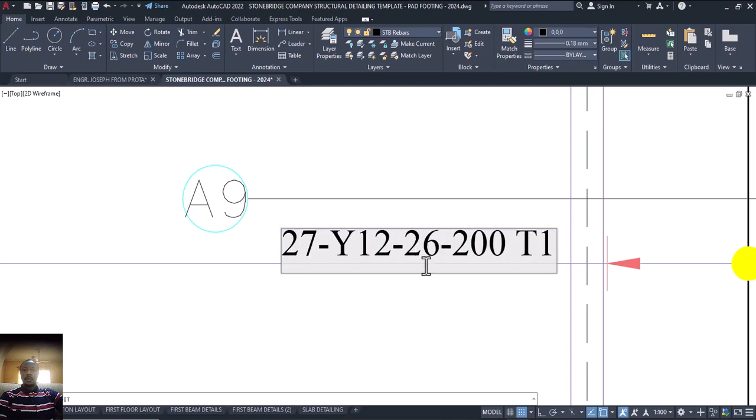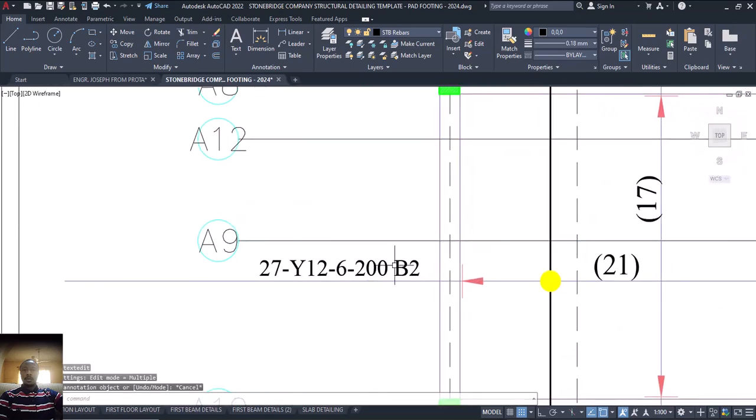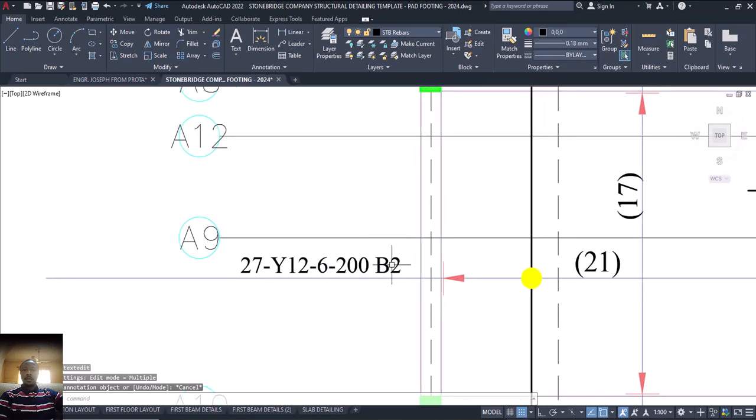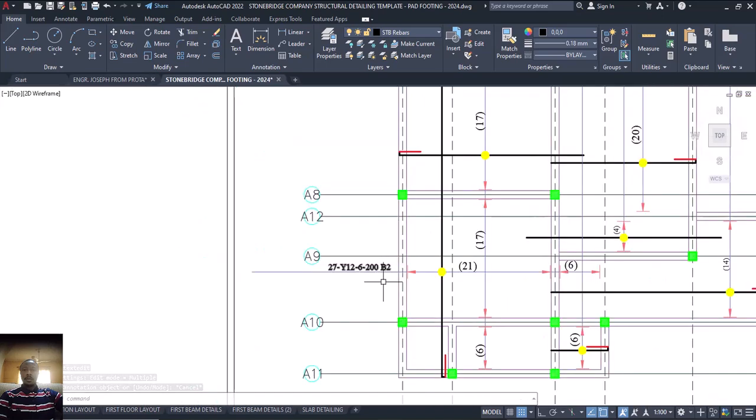Y12 number what? Number 6. Am I correct? Number 6. Then at the spacing of what? 200. Then bottom what? That's a B2. Okay. If you like B1, yes. Some people at times they are confused at this point. Is that okay? When it comes to slab detailing,